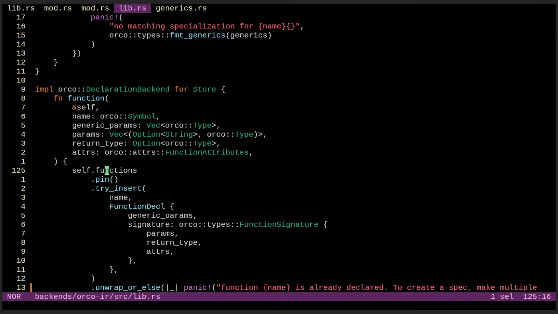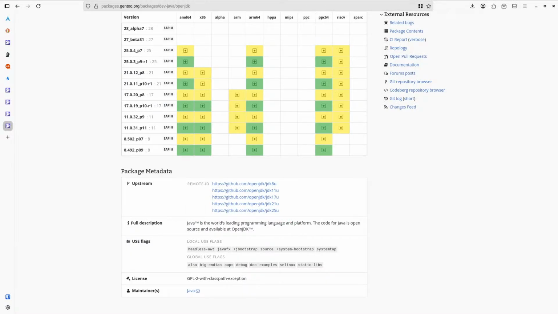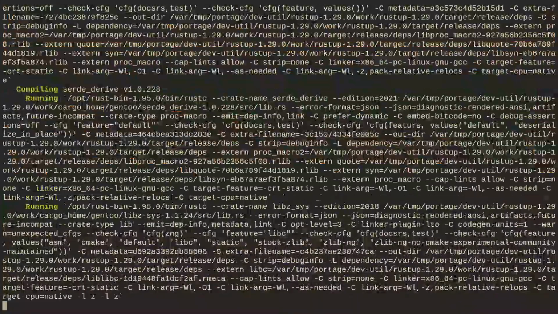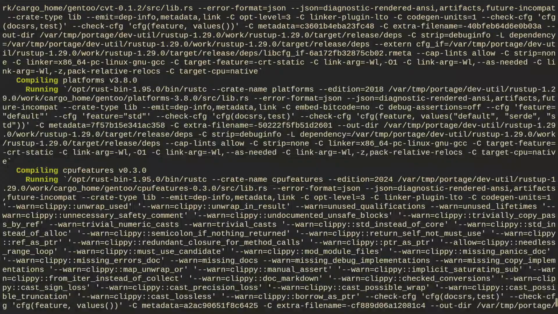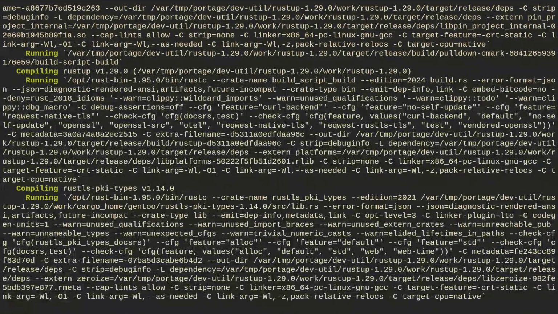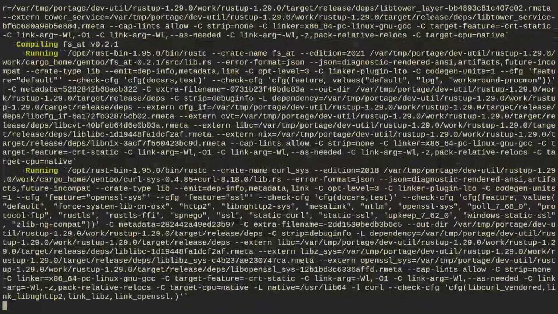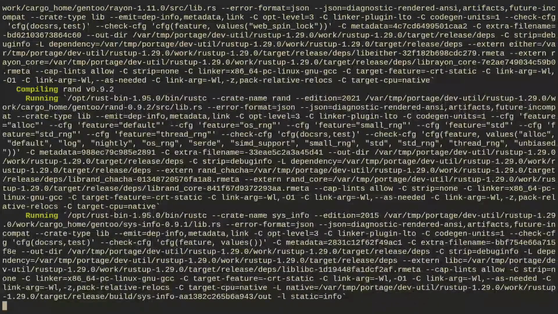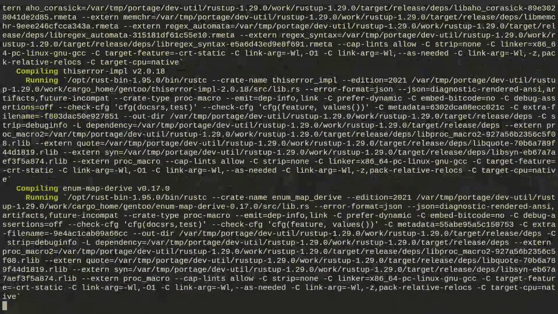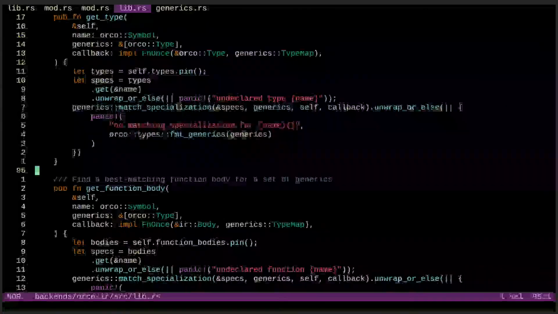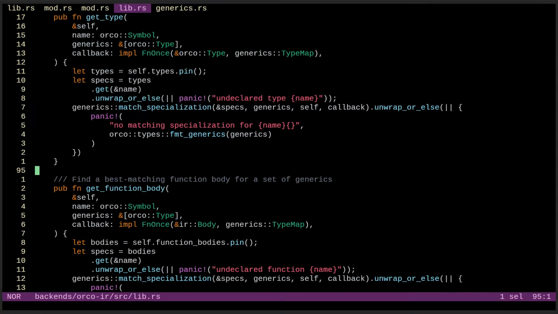Okay, where is it? So, all right. Well, definition doesn't work. What else were we building? Oh, this, right. Oh, look, it's compiling rustup using rustc, running /opt/rust-bin rustc. Gentoo is the first distro to use /opt that I saw. And it put Rust of all things there. But I could also recompile the compiler, you know. Maybe I should have recompiled GCC on here.